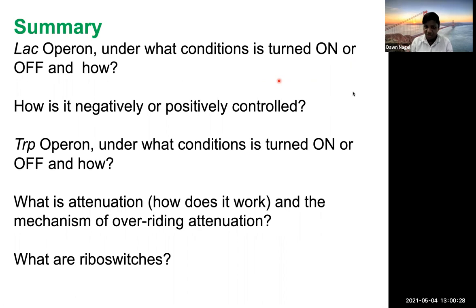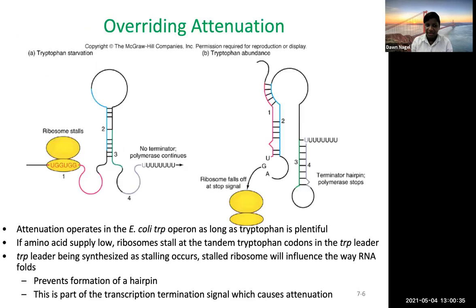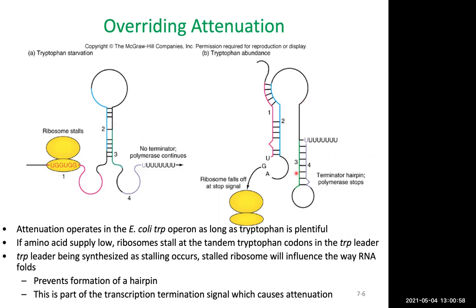So it is, as you mentioned, for the anti-attenuation, because that's the desirable situation you want. This is anti-attenuation, overriding attenuation. This is what you want because you have low tryptophan. You don't want to terminate transcription, you want to make more of it. So this is what will form. It is not more stable because it's just 1 hairpin structure. If you have 2 hairpin structures, that's a more stable structure. But the more stable structure will